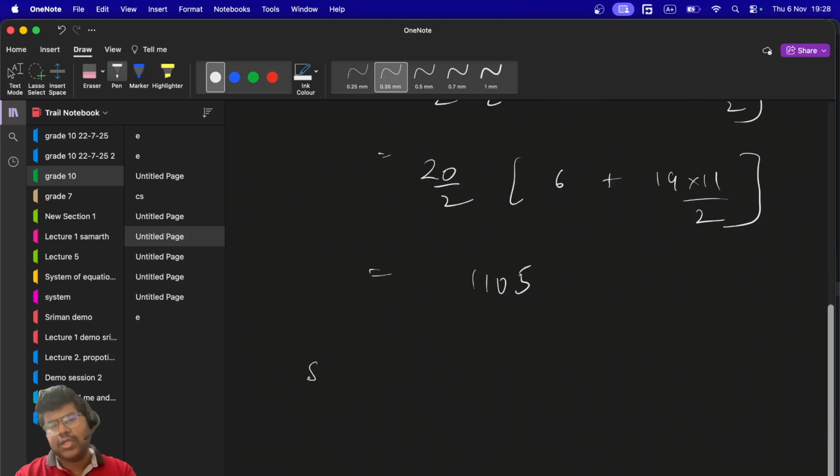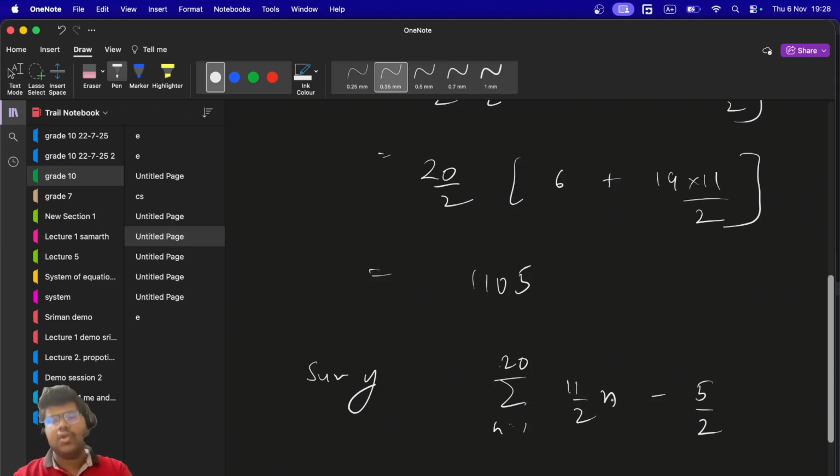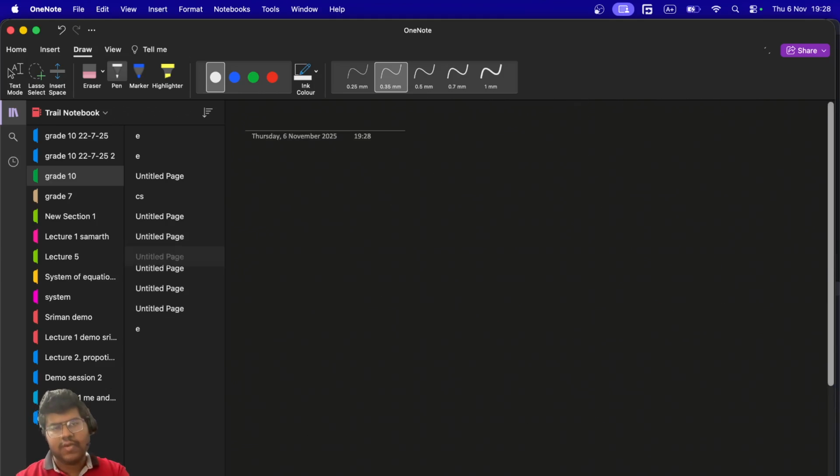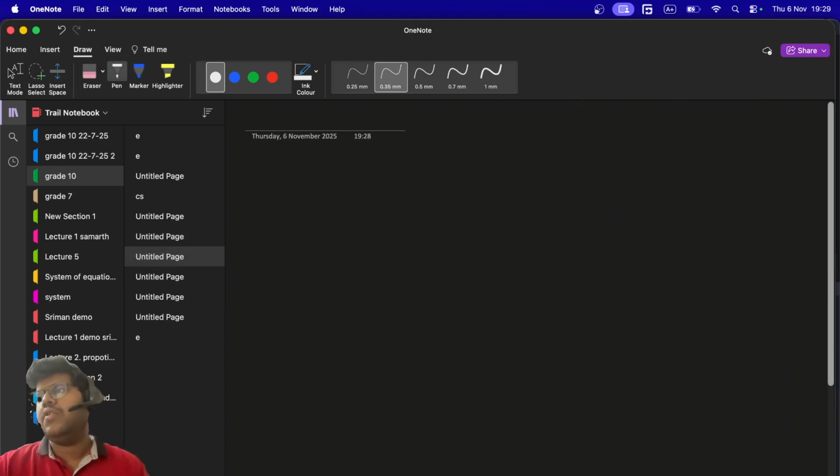And then now the sum pattern. So pattern would be summation n equal 1 to 20, 11 by 2n minus 5 over 2. So this would be the pattern. Okay. So this way we have done the second problem, right? Okay. Now